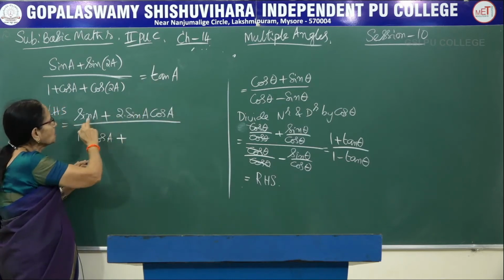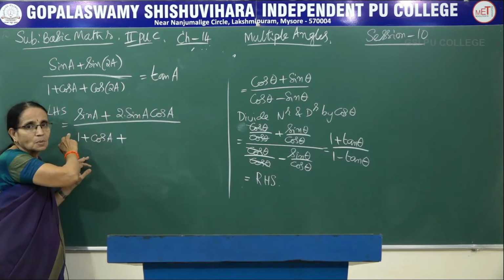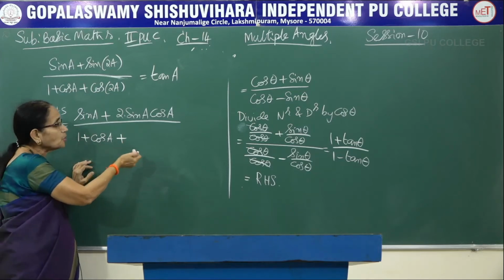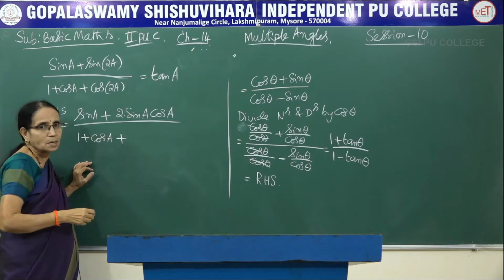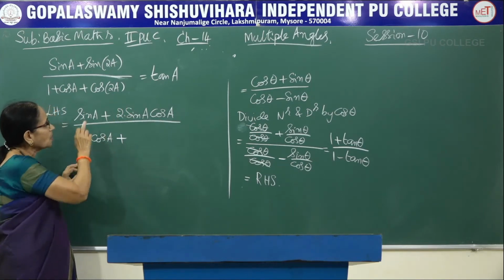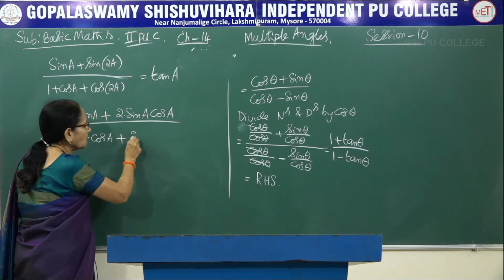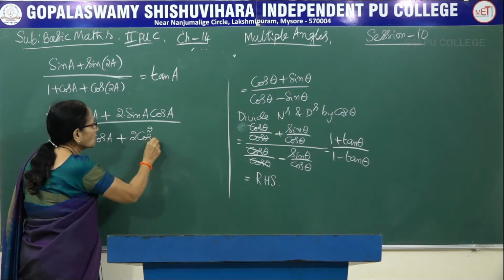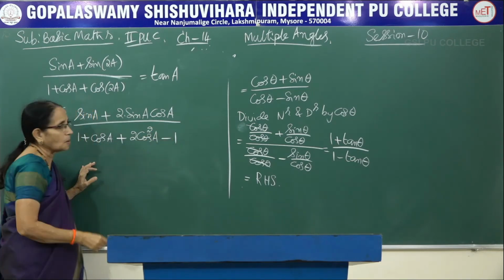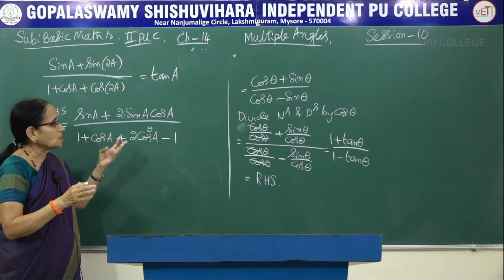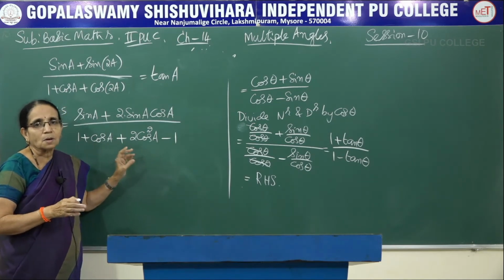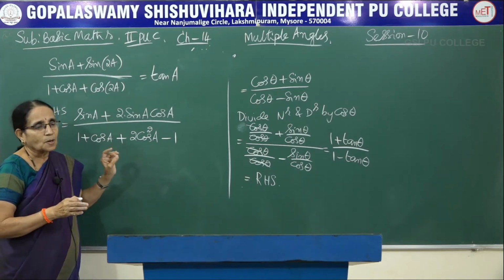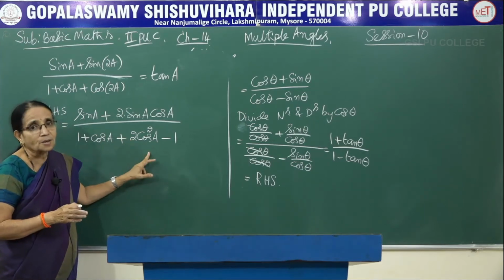Now you look at the numerator, sin A can be taken as a common factor. Similarly, if you could take out cos A from the denominator, we will automatically get tan A on the right hand side. So for that purpose, cos of 2A can be written as 2 cos square A minus 1. Though it has 3 expansions, one is cos square A minus sin square A, second is 2 cos square A minus 1, third is 1 minus 2 sin square A. I wanted it in terms of cos here.